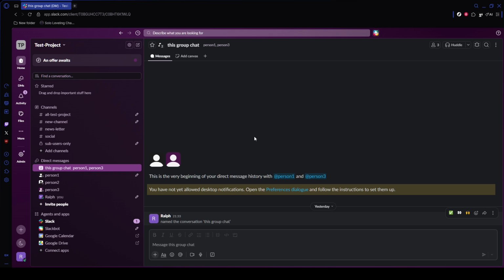Just remember, this only removes it from your view. It does not delete the actual message history, and the conversation can reappear later if you search for it or send a new message. If you're a workspace owner or admin, you also have the option to automate message cleanup